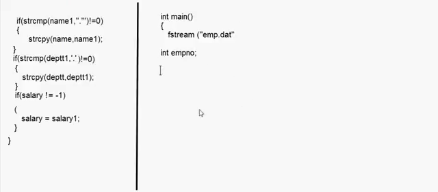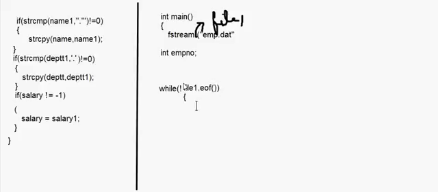You will ask the user to enter an employee number for which he wants to search, right? The user enters the employee number. Now after that I'll go through the file, while not end of file. Whatever we have taken, we should have taken an fstream object here, supposing I call it file1, right? Okay, now here while not file1.eof, right? So that means I am going through the whole file.